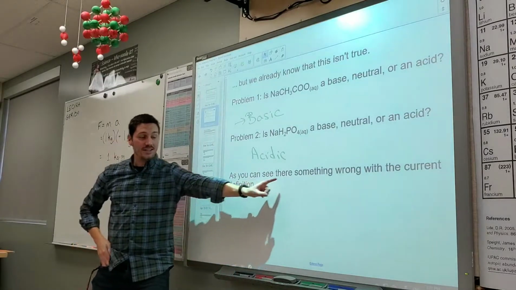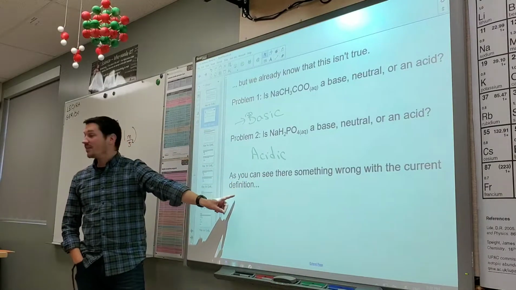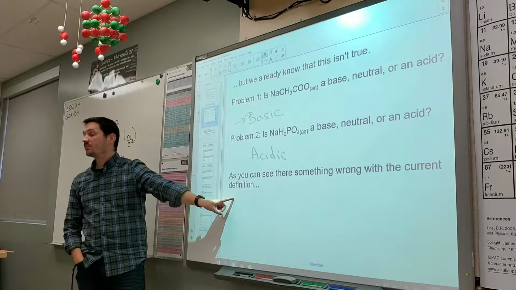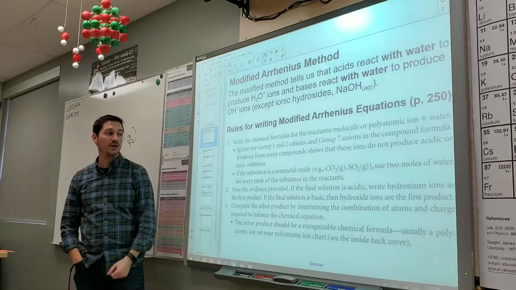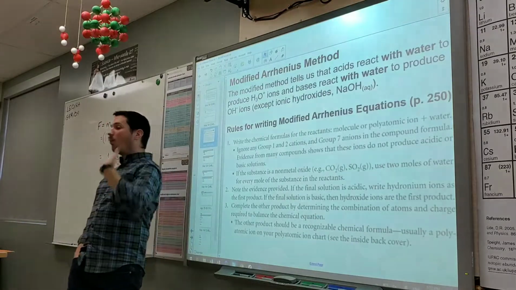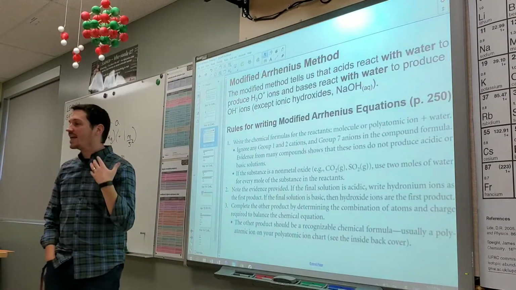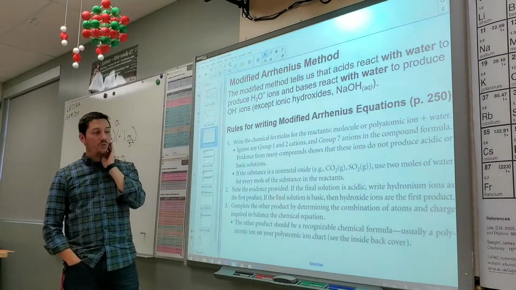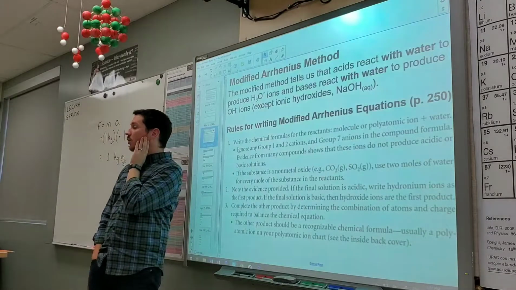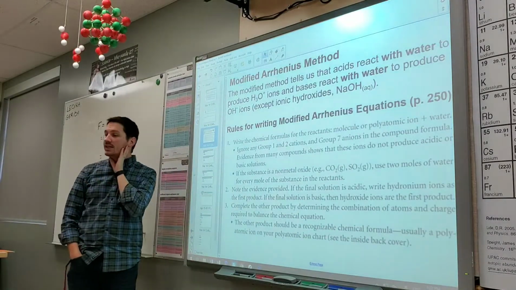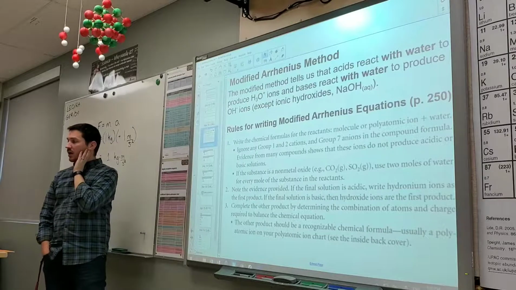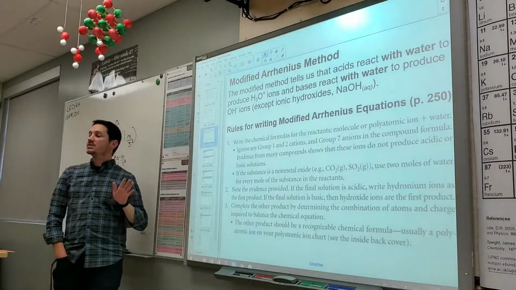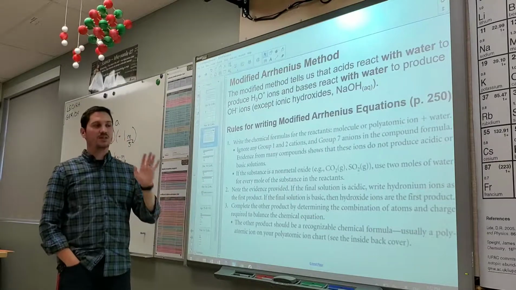As you can see, there's something clearly wrong with our definition of acids and bases, right? Yes. There's something very wrong. So let's learn about it. Now, this is a wall of information, a wall of text, as I would say. What I want us to do is slowly think about this, and really pay attention to the steps of trying to figure